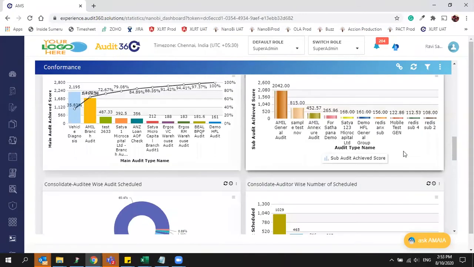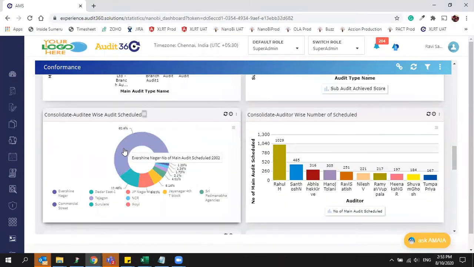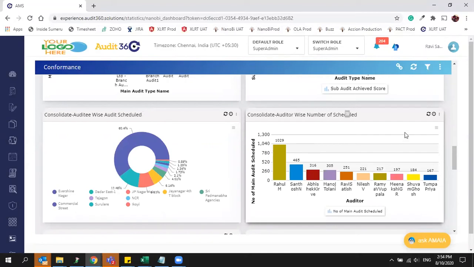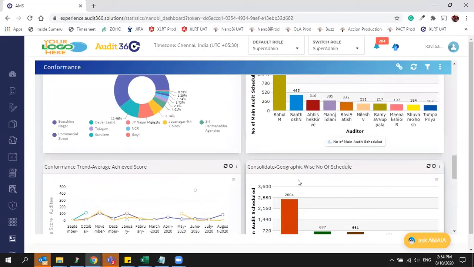And if you want to see auditee wise schedule, you can access these analytics: which auditee has been scheduled how many times, and the dates, everything you can see here. And the same way, auditor wise number of audits scheduled, like if you want to see which auditor has executed how many audits so far, that is also available.